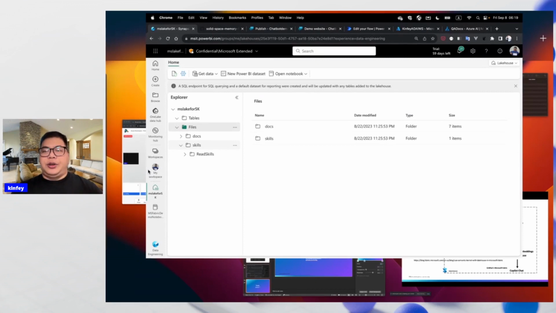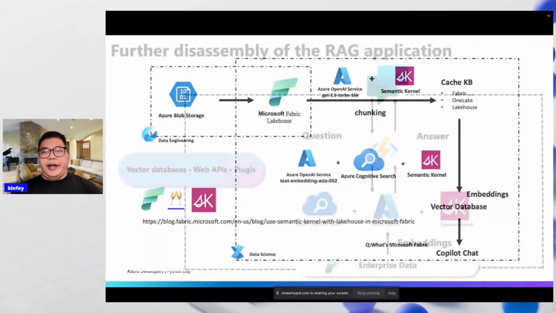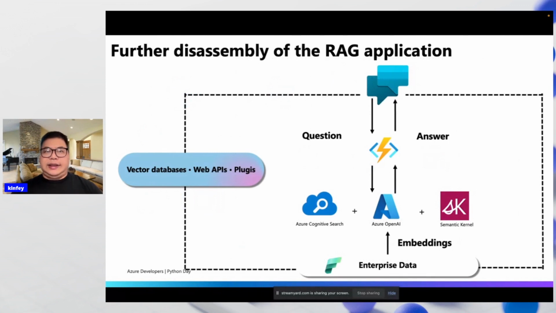When you finish embedding your data, you will think about how to build the AI application. Just like with the enterprise embedding here, you can use Azure OpenAI service, Cognitive Search and Semantic Kernel. In the back end, maybe you need to compile it in Azure Functions. And for the front end, we can use Power Virtual Agent to help me finish the front-end solution.